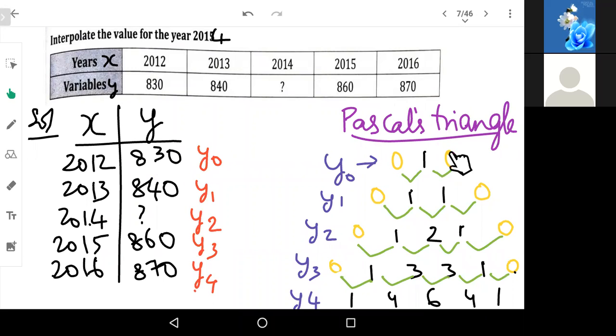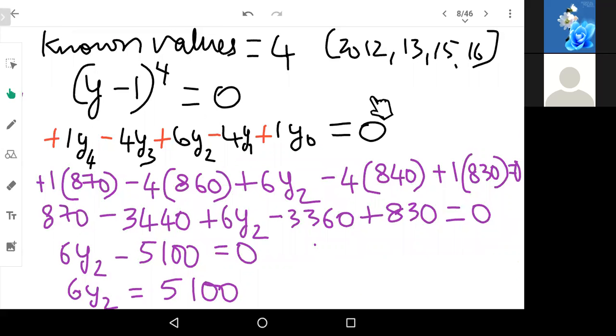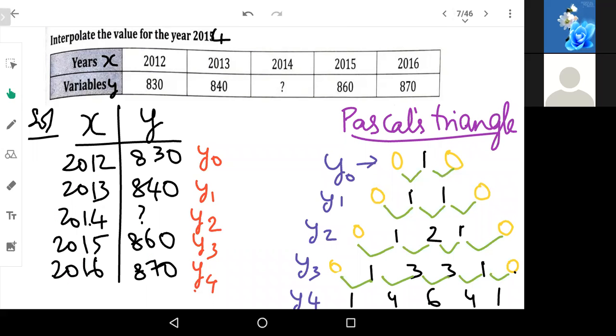Have the Pascal triangle. Never forget to assume zeros. If you don't assume zeros, you will get confused. You'll not be able to solve. So assume zeros and then start from 1. 0 plus 1, 1 plus 0. That is how you get the triangle. Okay. Later, just apply the values. Here, I hope you understood how to do it. Take the coefficients 1, 4, 6, 4, 1. So 1, 4,